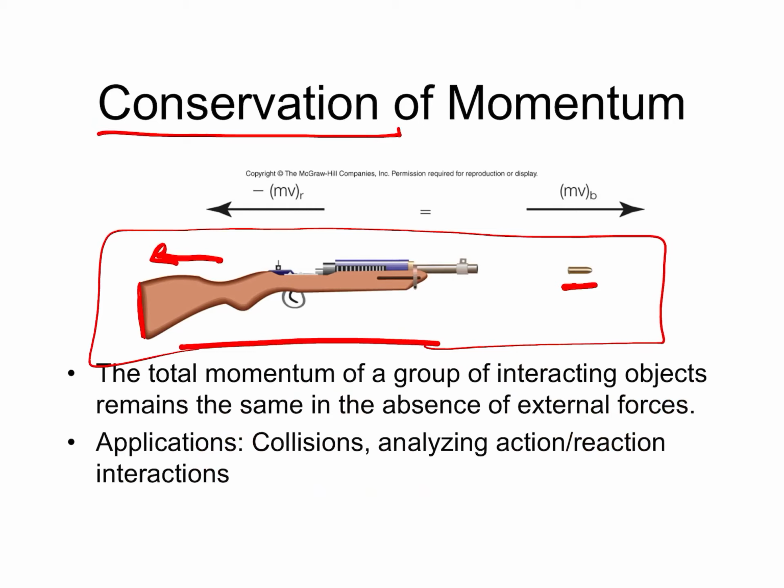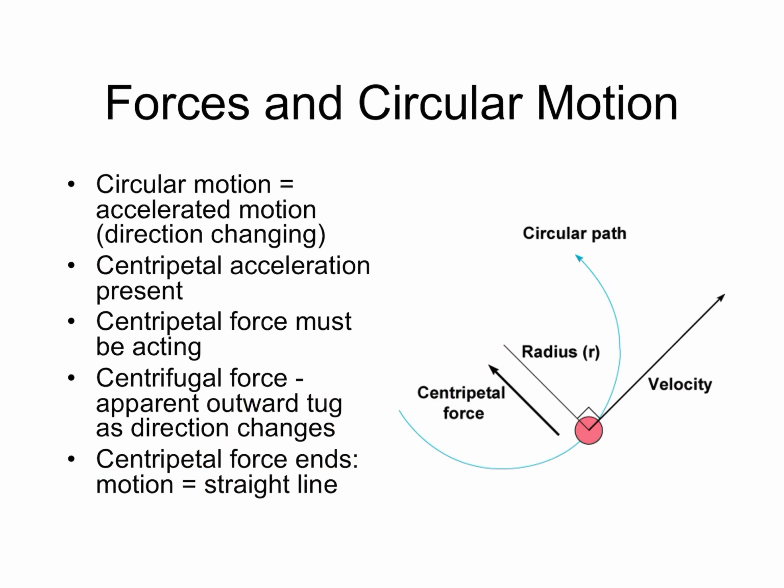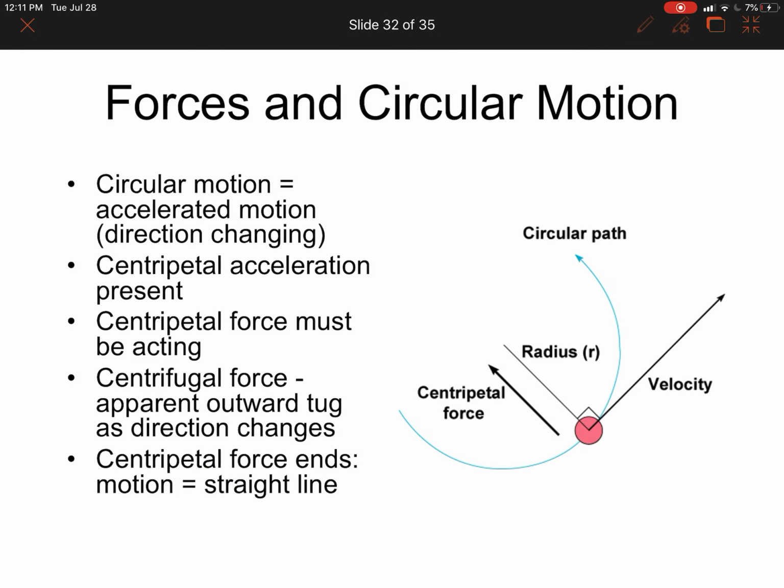And if you think about it, even looking back at this gun situation, do you think there's any kind of force involved? Absolutely. So if you couldn't find the momentum using the mass and the velocity, you could possibly find it by finding the force and the time, and you'd still be able to find the momentum. So, okay, I'm going to stop because I don't want to do circular motion on this video, and then we'll do another